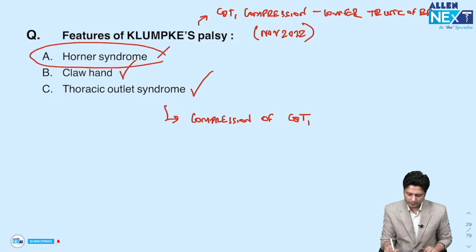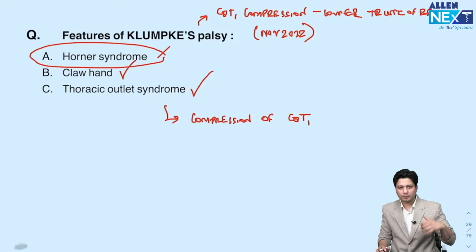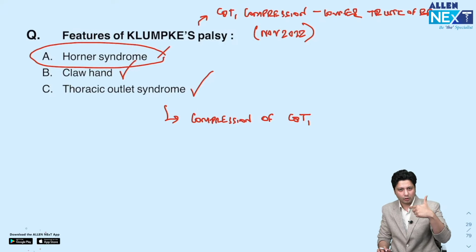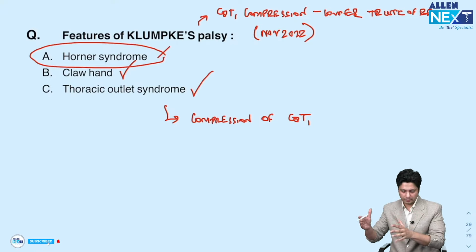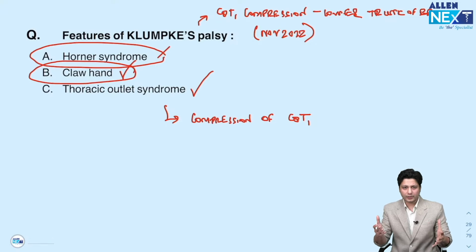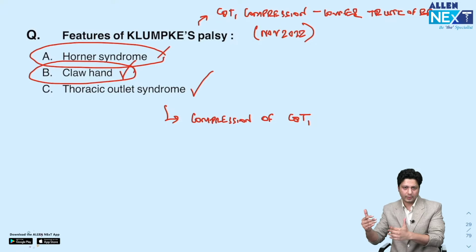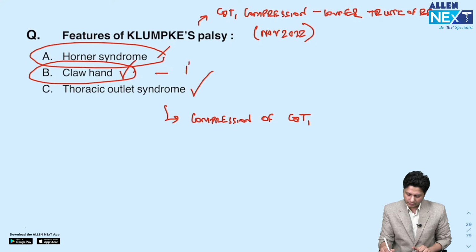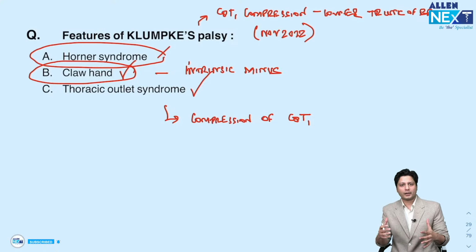One is Horner syndrome. You remember Horner syndrome? Miosis, anhidrosis, loss of ciliospinal reflex, then ptosis, that means drooping of the eyelid. So these are the features of Horner syndrome. Claw hand, you are already aware. It is an intrinsic minus deformity. It is also known as intrinsic minus deformity, the claw hand. And this claw hand is because of the